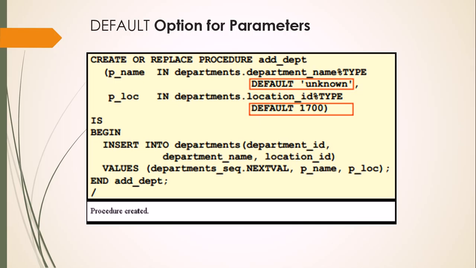Default option for parameters. Create or replace procedure add_dept (p_name in departments.department_name%type default 'unknown', p_loc in departments.location_id%type default 1700) is begin insert into departments (department_id, department_name, location_id) values (departments_seq.nextval, p_name, p_loc); end add_dept;